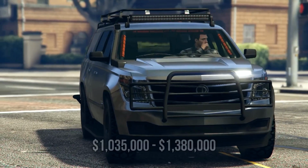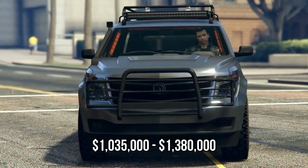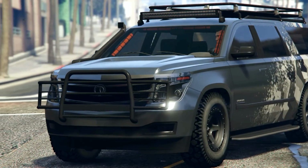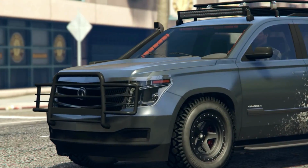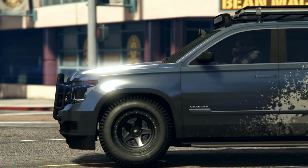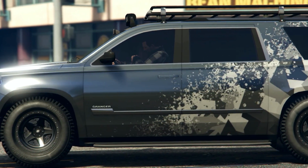So today I want to talk about the Declasse Granger 3600LX. Now this is an SUV and it will set you back between $1 million and $1.3 million. Now the trade price for this vehicle is unlocked after completing 5 security contracts, and it is based on the 11th gen Chevy Suburban. Now it can carry 8 people, 4 people on the inside and 4 hanging on the